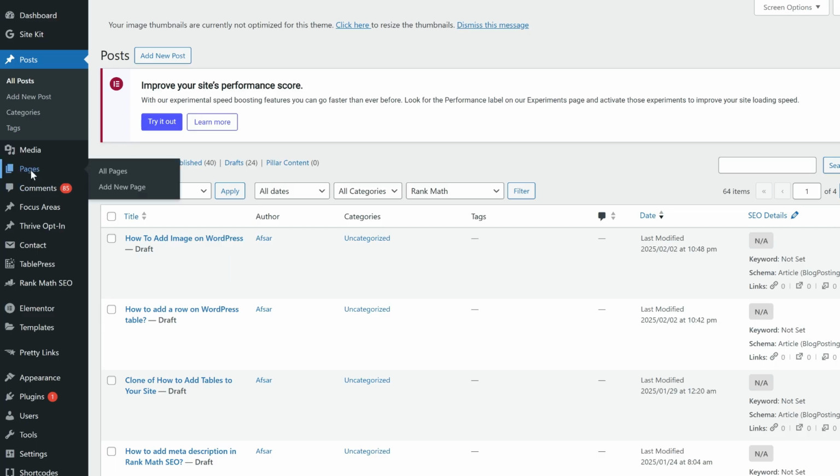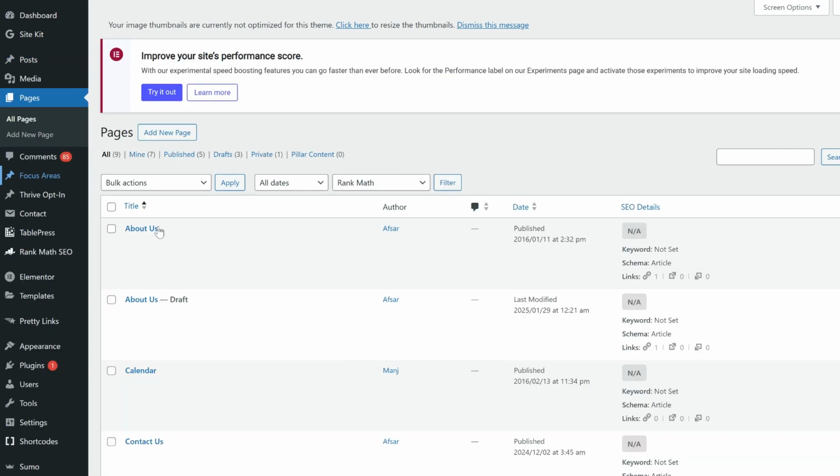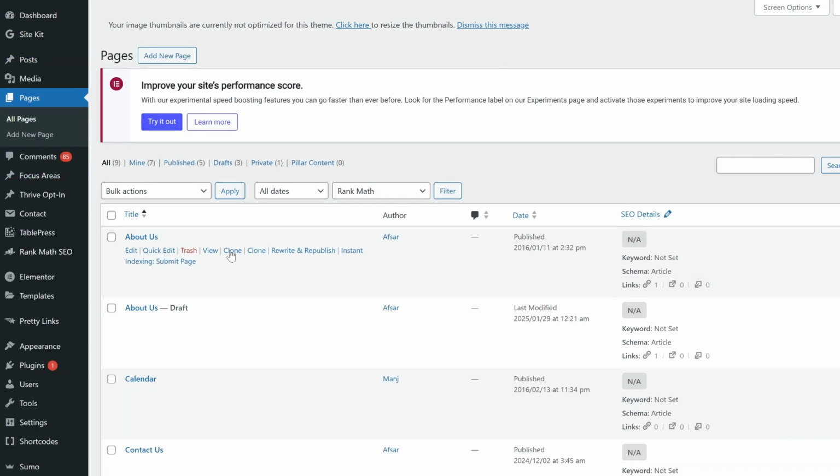You can do the same on the pages section. The pages, they can be cloned too. Ignore the second one. Just click on the clone. See, this is the draft version, which is the clone version of this one. So this is how you duplicate a page and post